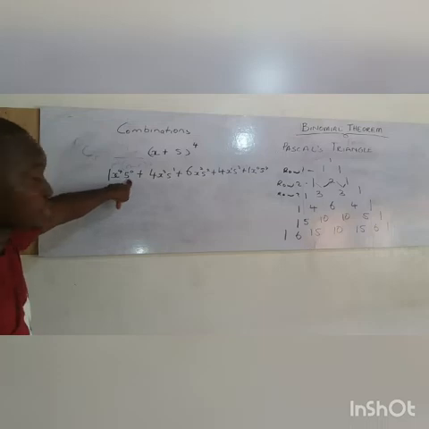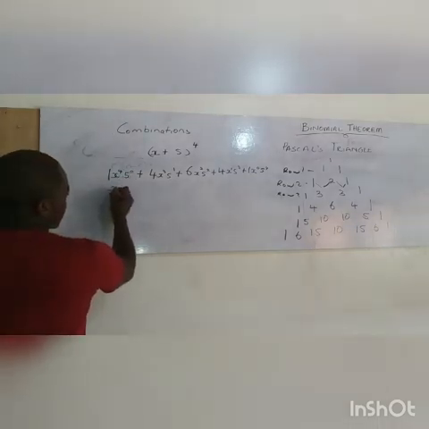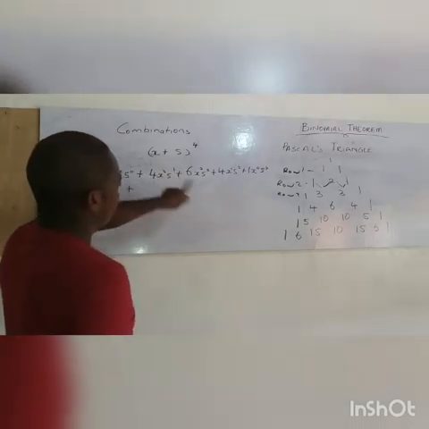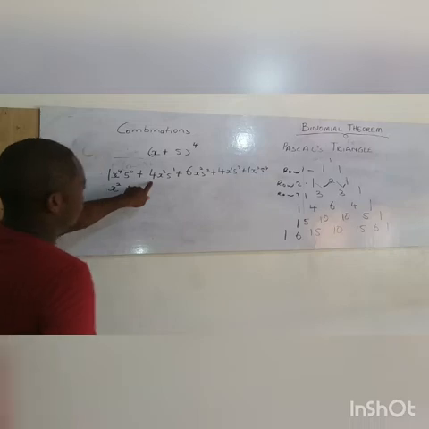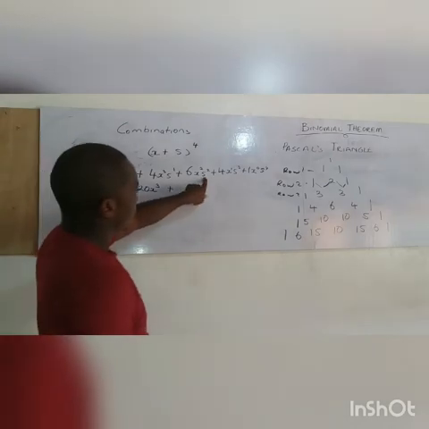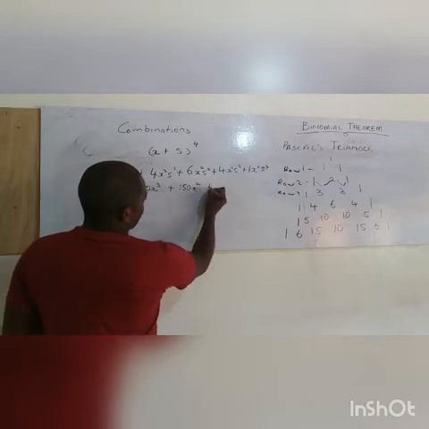5 to the 0 is 1. So 1 times x to the 4, plus 5 times 1, 5 raised to the power 1 is 5. 5 times 4, 20. So we have 20x cubed plus 5 squared, that's 25, times 6 is 150 x squared plus